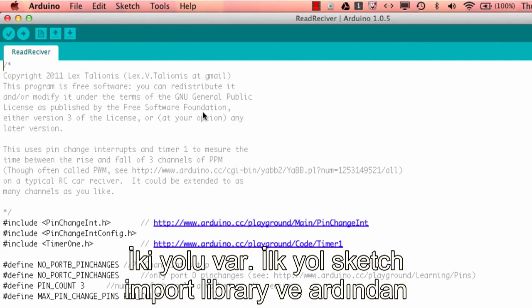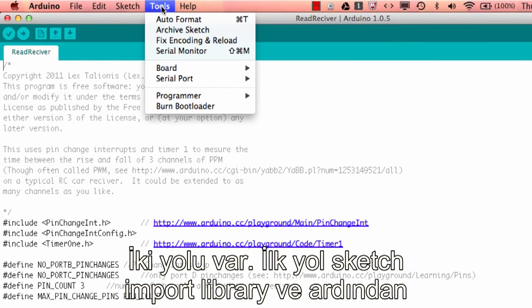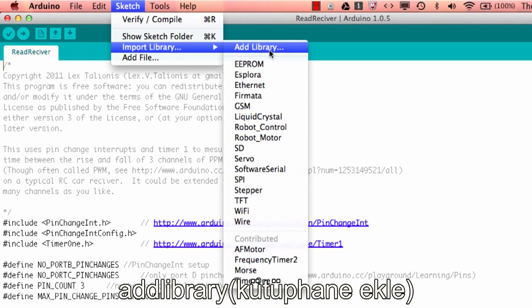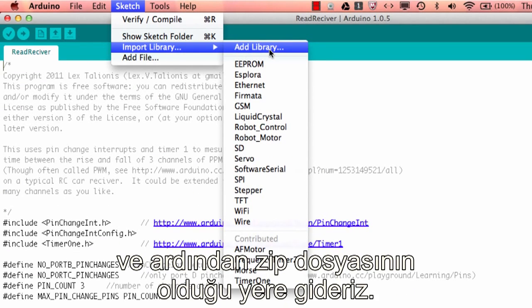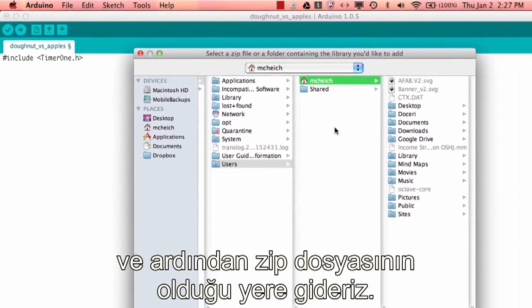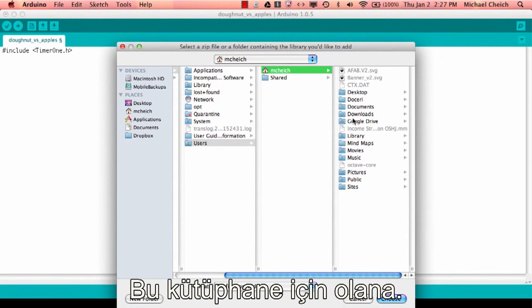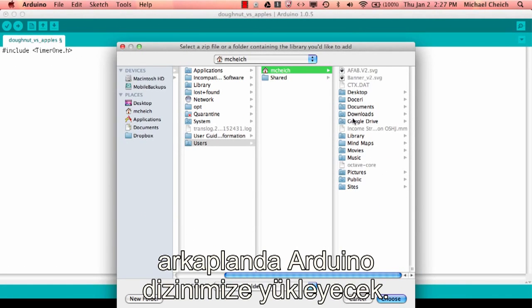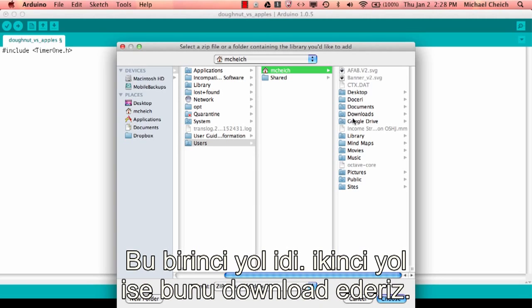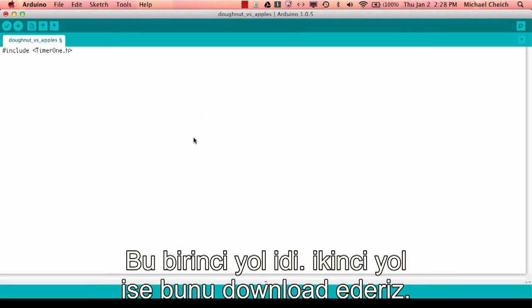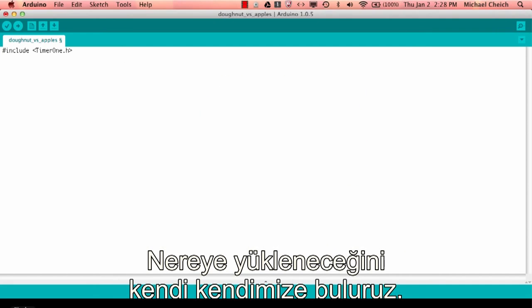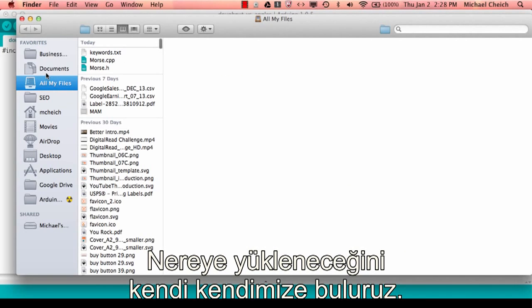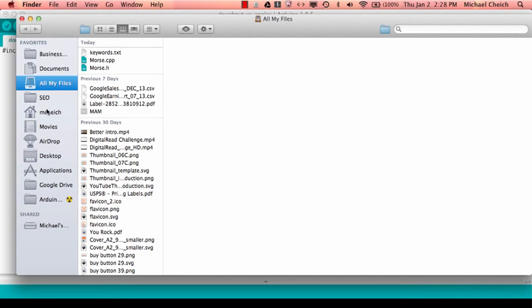Okay, so there's two ways to do it. The first way is you just go to Sketch, Import Library, Add Library, and then you navigate to the zip file that you downloaded for that library, and then Arduino behind the scenes is going to automatically unzip that file, and it's going to put it in your libraries folder. So there's option 1. Option 2 is you download that zip file, you locate it on your own, you find out where you installed it,